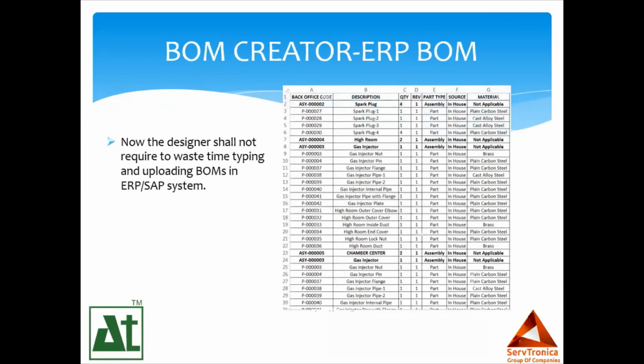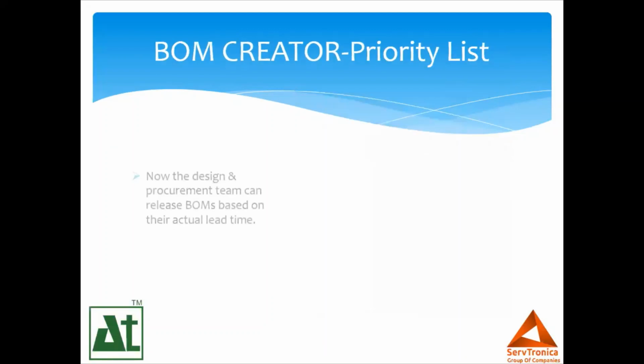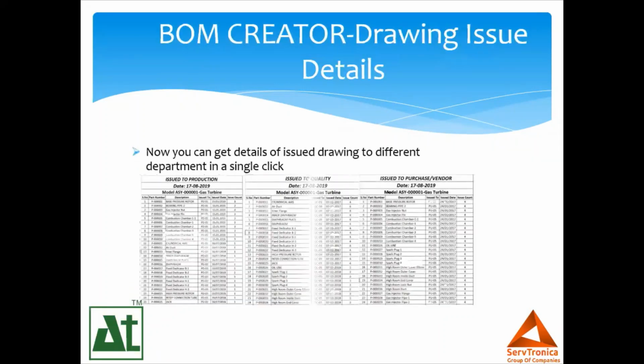So as we said, again, ERP direct integration, a direct collaboration, either in the form of Excel, CSV, or a direct integration, understanding your database of the ERP system. We can do the required customization. A complete level by level detailed BOM, right? With images or without images, the way you want, you can create it. You can create some priority list for better planning and execution of the project. You can now keep track of release of drawings, right? Which department, how many times, with the respective count.